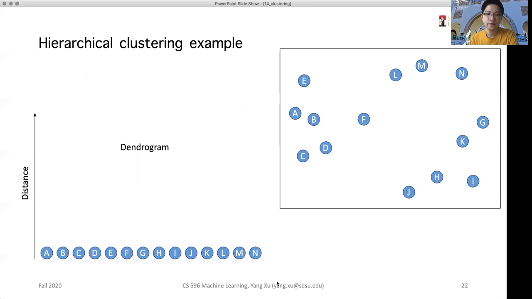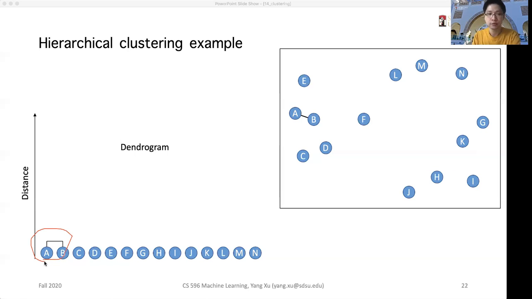So for example, we have many data points from A to N. These are single data points. Let's find the closest clusters at the beginning. They are just A and B. So we merge the sets A and B into one set and remove A and B alone. We put the new set into the collection. So we look at this place, we have the connection between A and B. This is the first